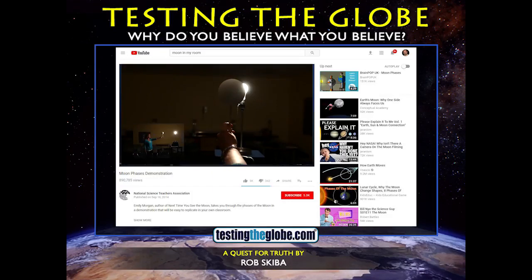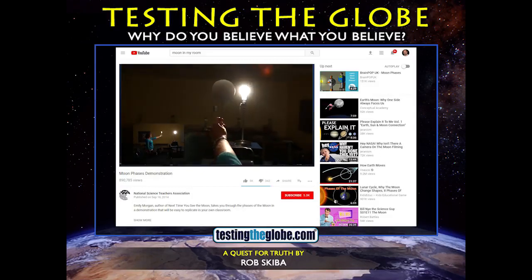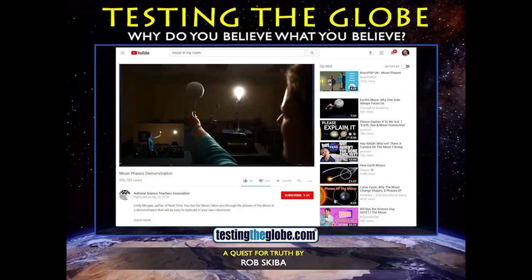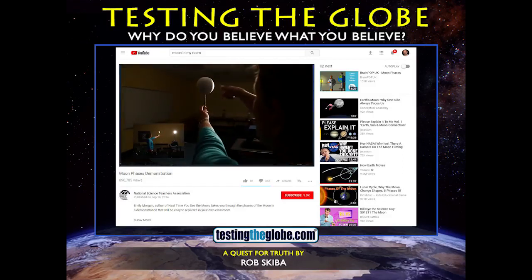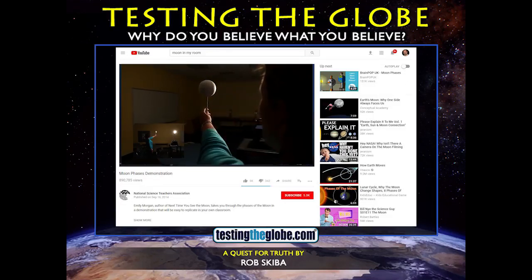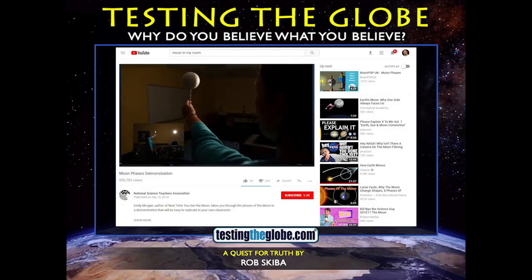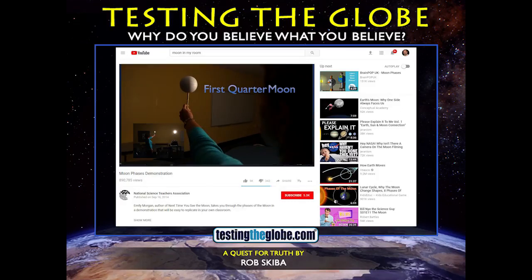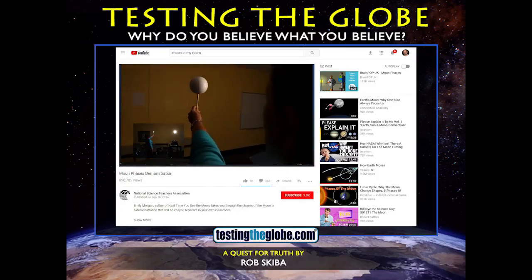From this angle, you can see what I am seeing from Earth. We call this new moon. When it's new moon, we look up at the sky and we can't see the moon. It's there, but the side that's reflecting sunlight is away from us. Now, as I slowly make the moon orbit to my left, I can begin to see a tiny sliver of that lighted side. We call that a crescent moon. As the moon keeps orbiting, we can see more and more of that lighted side. We see half of the lighted half, which is a quarter moon. In this case, a first quarter moon.